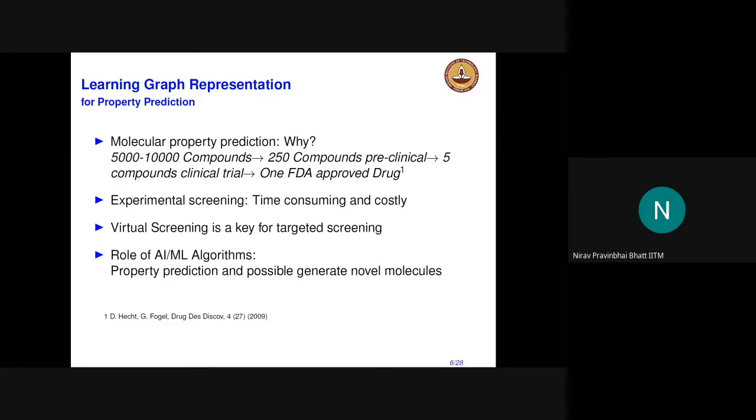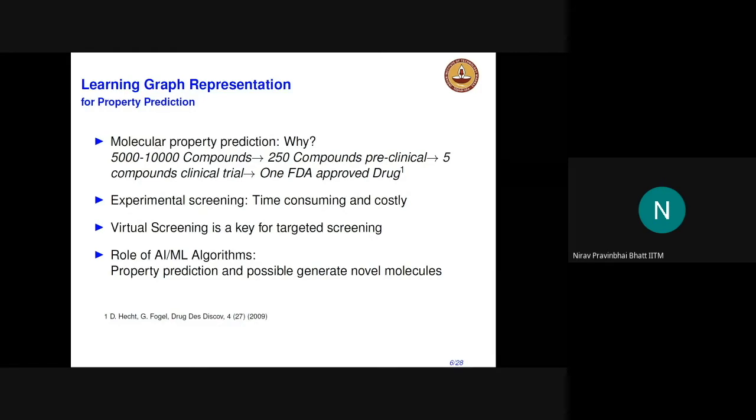The first problem is related to property prediction. The motivation for why we are interested in this problem is that we started with a drug repurposing problem with one of the startups. Of course, that startup has not turned up, but the good thing is that we got introduced to an interesting problem in drug repurposing, and we then realized that it goes beyond drug repurposing, because in